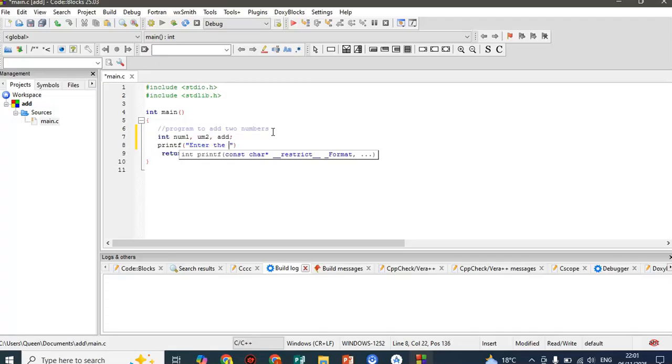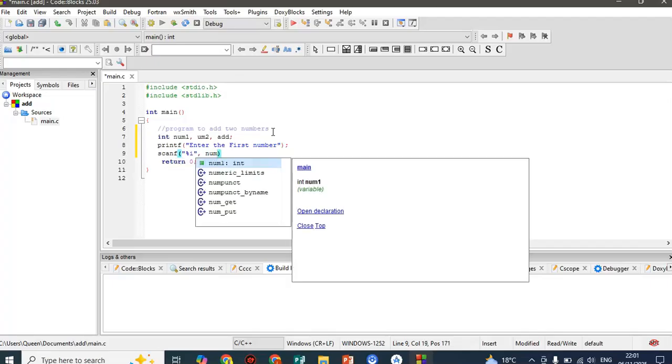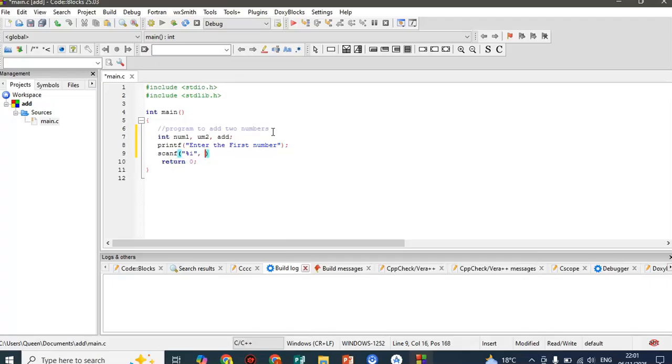enter the first number, and then we ask scanf, that is a function to read data from the keyboard because it's an integer. So we say %i, and then we refer ampersand, we refer to that particular num1, that is what we want, ampersand